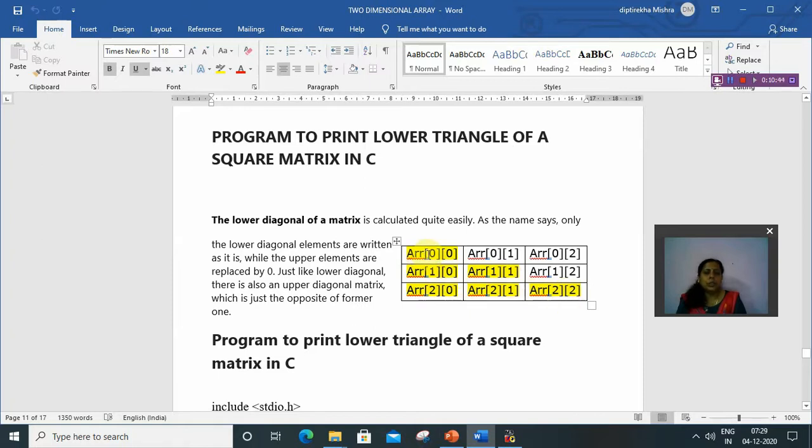The index values are 0,0; 1,0; 2,0; 1,1; 2,1 and 2,2. This means everywhere the row is greater than or equal to the column value, and the other three elements do not satisfy the condition. Always i is greater than or equal to j for the lower triangular matrix.